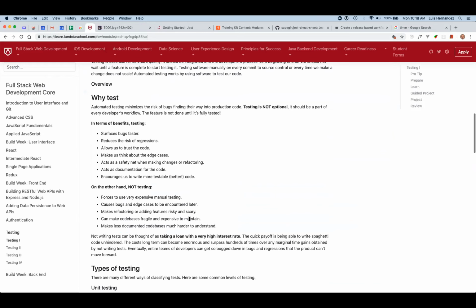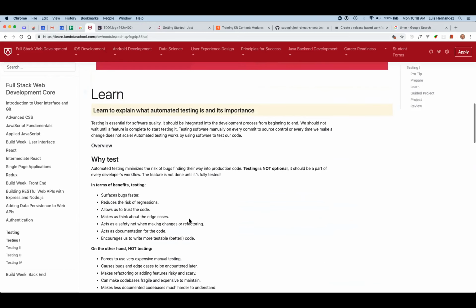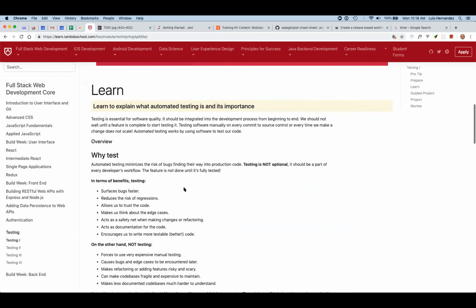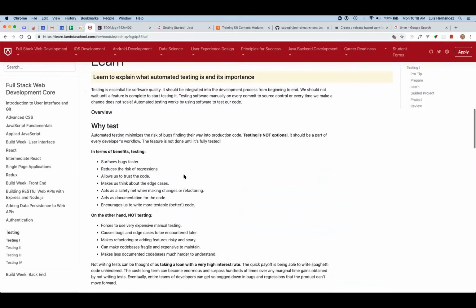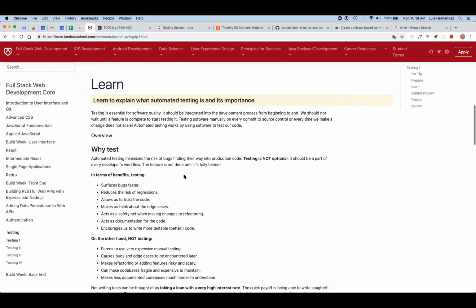So there was some content in there in the training kit. Some I shuffled around over the weekend, but everything that you need is gonna be here. So why automated tests and what are they? Well,